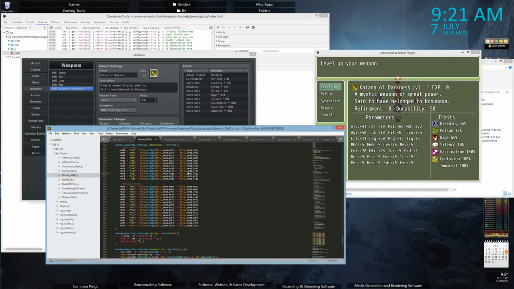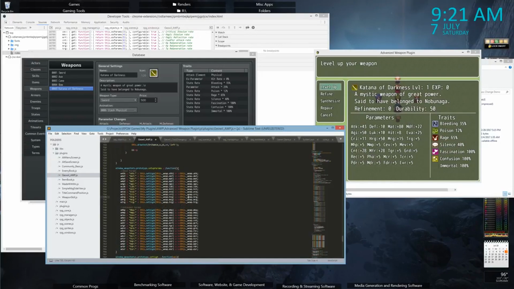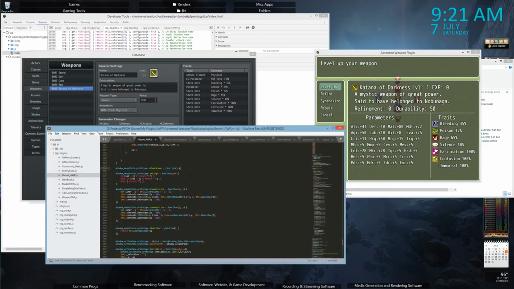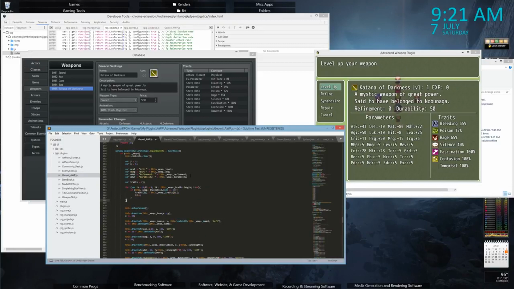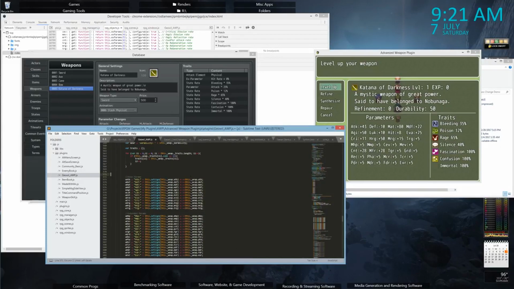So let's see. Refine synthesis. Actually, you know what? Yes, we need to do the first part. We did need to do the second part here, though, because those values will be different in different windows. So we still want to do the huge honking list here. It's going to be nasty, but this has to be